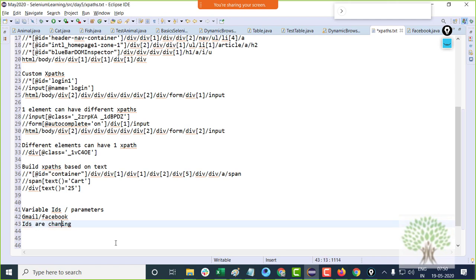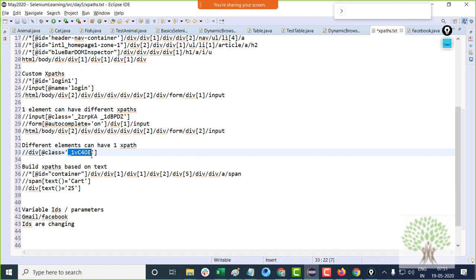What do you mean by IDs are changing? If I calculate the XPath today and it's got some ID, you close the browser, you open the browser again, the ID changes. Or in some websites the IDs change after every 1 hour or 2 hours.